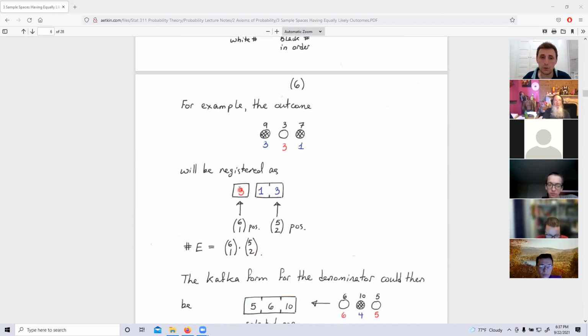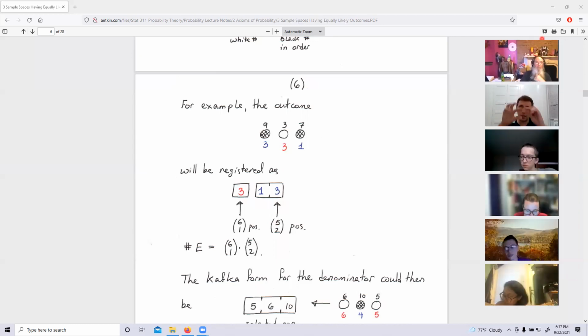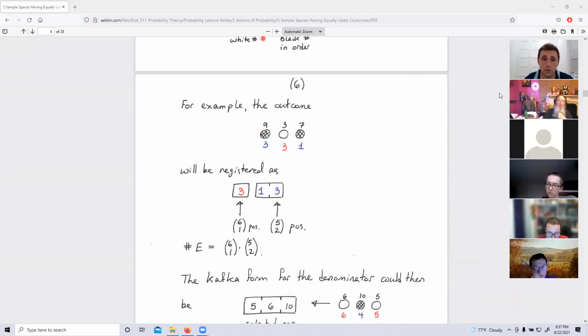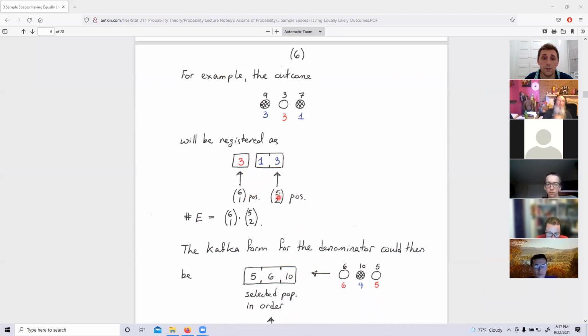Yes, and we know how to do this one. This one is just 6 choose 1. There are 6 possible white balls to produce one white ball, right? 6 possibilities for input in here. And how many possibilities here? Well, I need to choose 2 balls. That's 5 choose 2. Do you understand where the 5 choose 2 comes from, guys? I know how to count the number of outcomes in the second box. 5 choose 2. So the answer here is 6 choose 1, 5 choose 2.